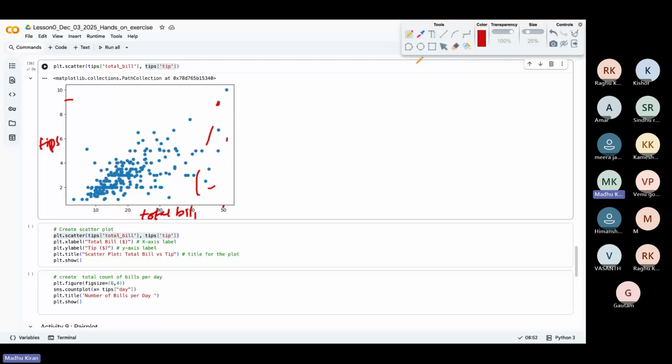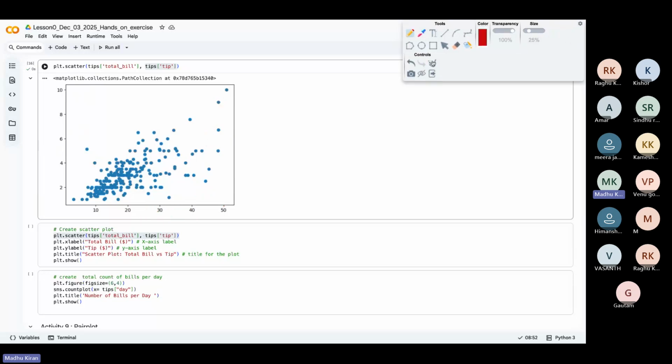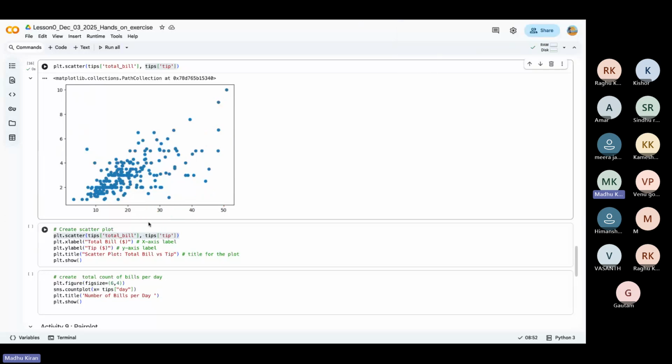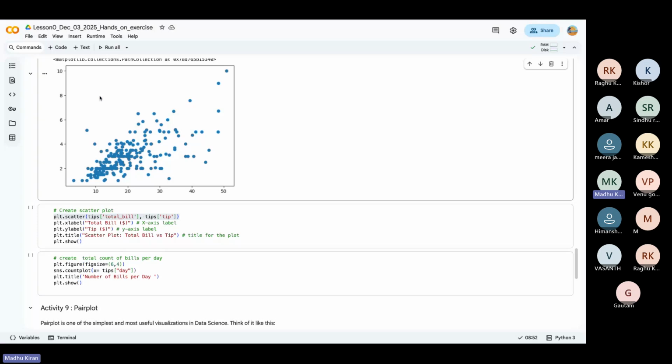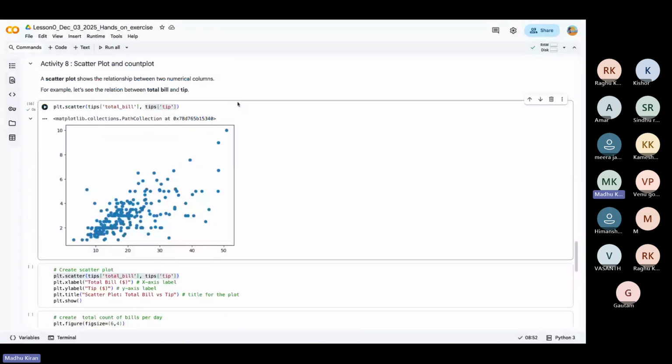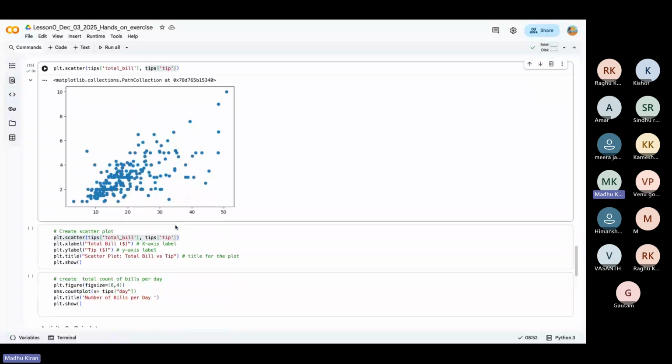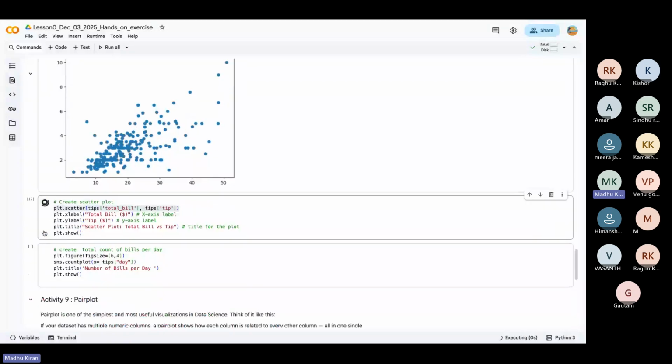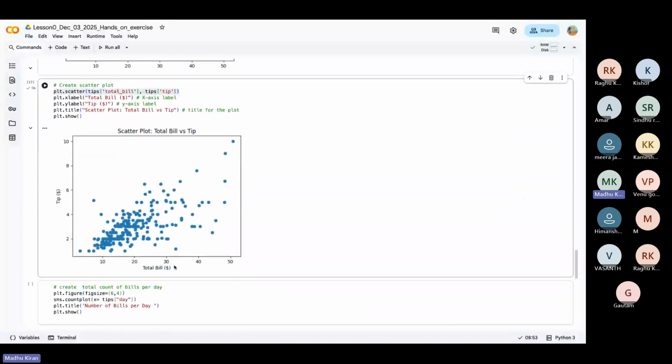So we can quickly analyze the data like this, and we can add the x-axis label, y-axis label and the title, all by using functions like this. On the x-axis, I want to show that this is the total bill. On the y-axis, I want to show that it's the tips, and I want to give a title for this plot, like total bill versus tip. I can add code to generate it. I just added the x-axis label, y-axis label to the scatter plot.